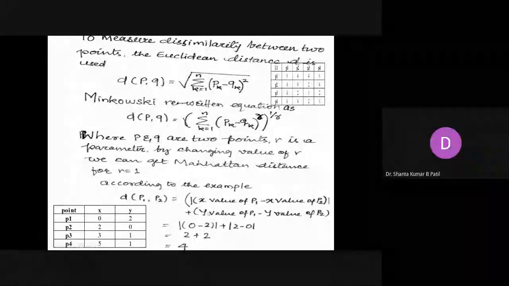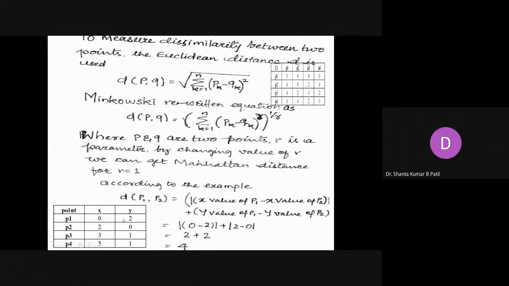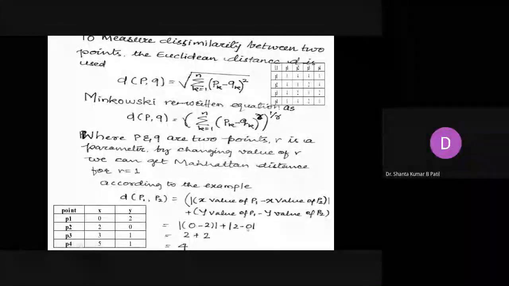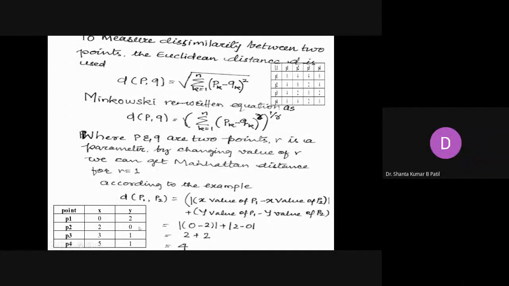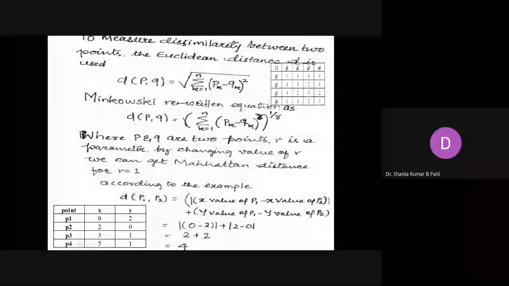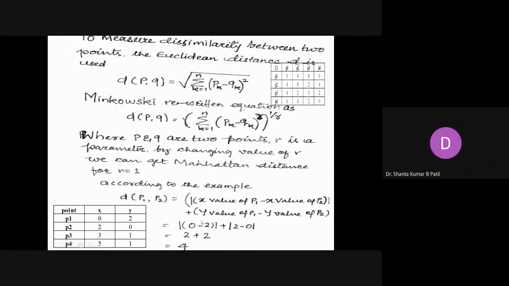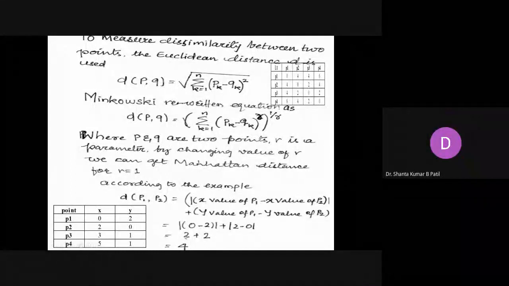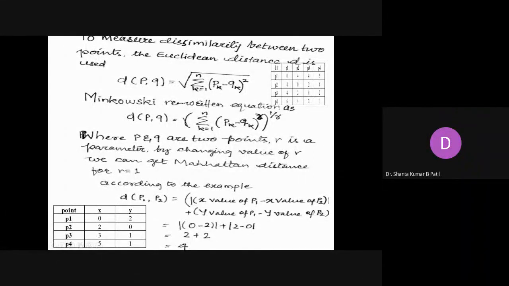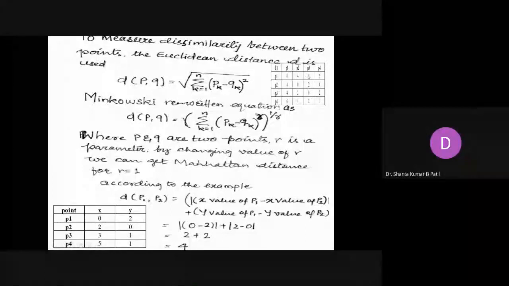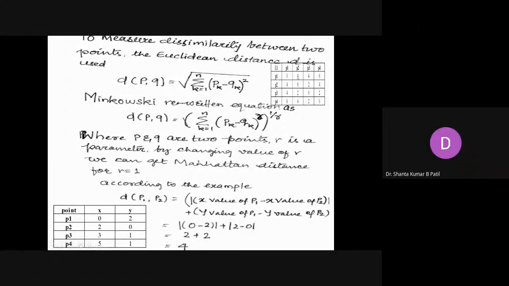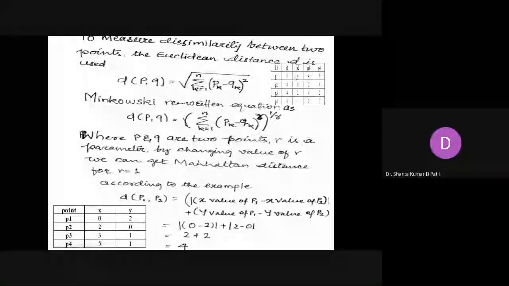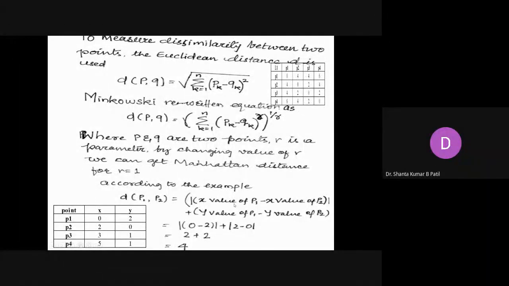Like that, this is the y value of P1, and this is the y value of P2. So 2 plus 2, this is a magnitude I told you, it is actually minus. If it is in the 2 lines, you can call it the magnitude. The magnitude is 2 plus 2 minus 0, it is a 2, so it is a 4. So this is how we obtain the value between P1 and P2, which is 4. Like that, P1 and P3 you can find out.